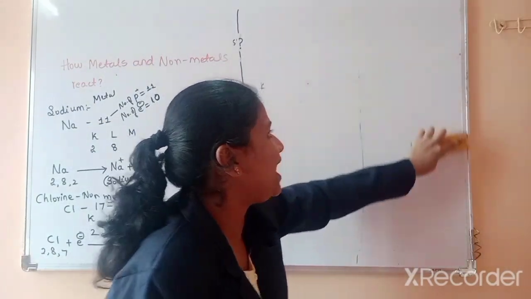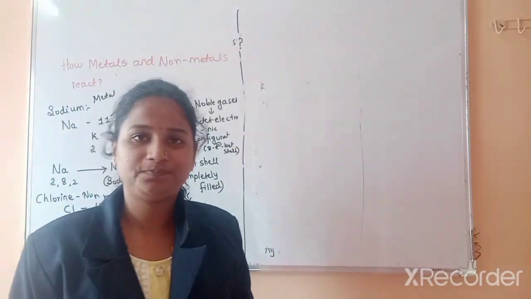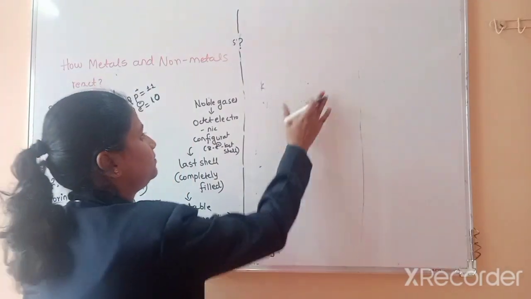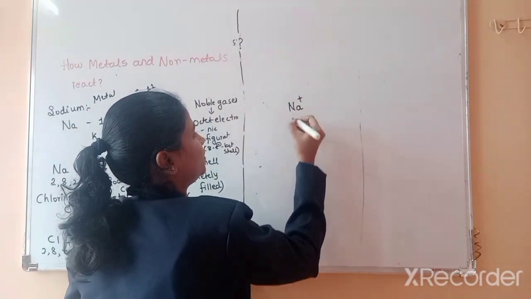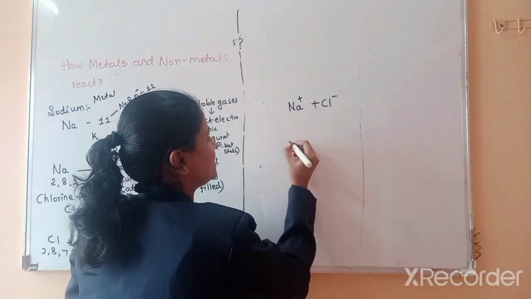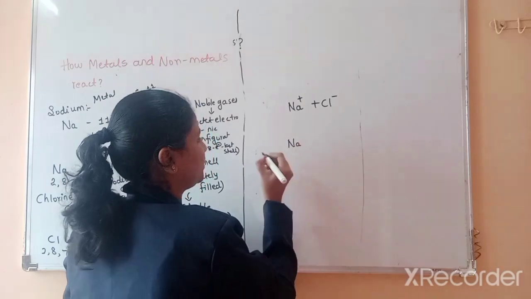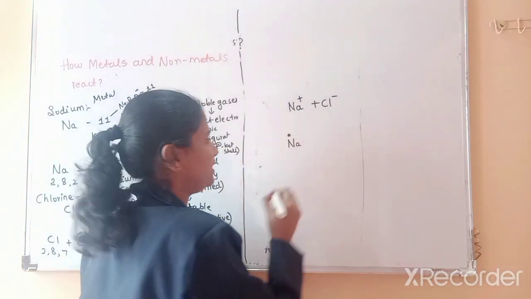Because a give and take relation occurs between two. Let us see that. Na+ plus Cl-. Let us see. Na wants to lose 1 electron, right? Then